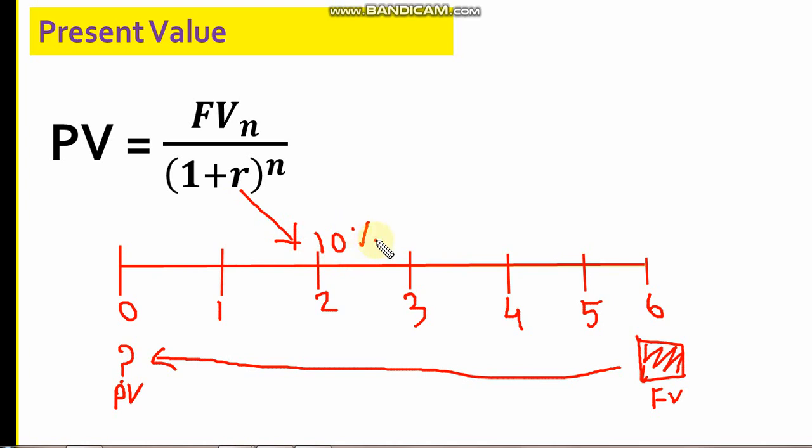So the difference is, in future value calculation we have a value here and we are looking towards future, and the rate that is applied, we were calling it the compounding rate. This is just the opposite. We have a value in future, we have to convert that value into today's value, that is the present value, and the same rate that we are applying now we are calling discounting. Okay, let's take a simple example.